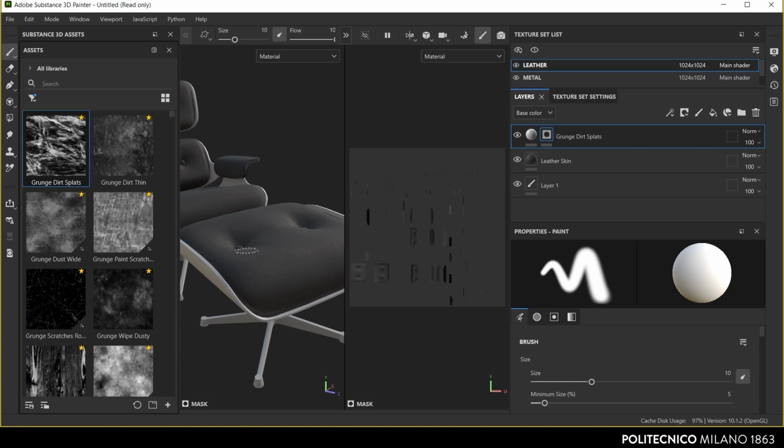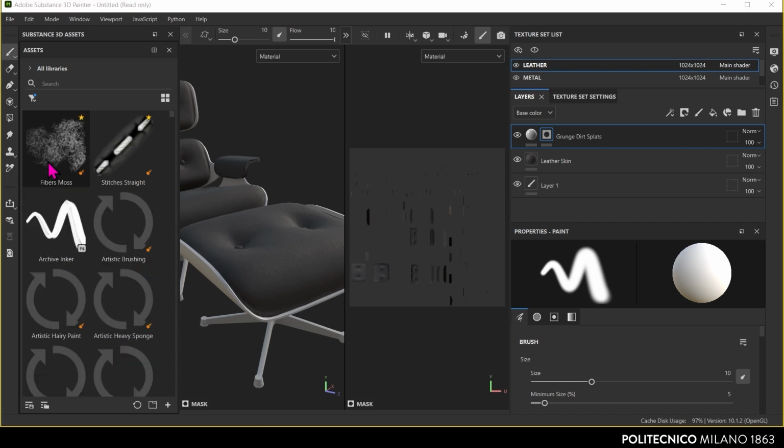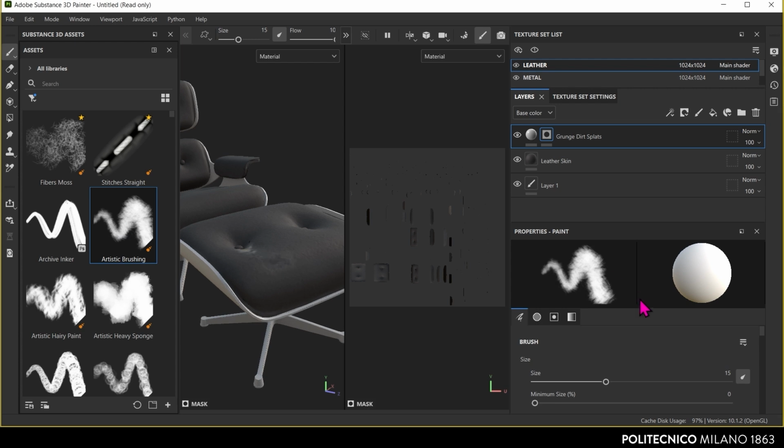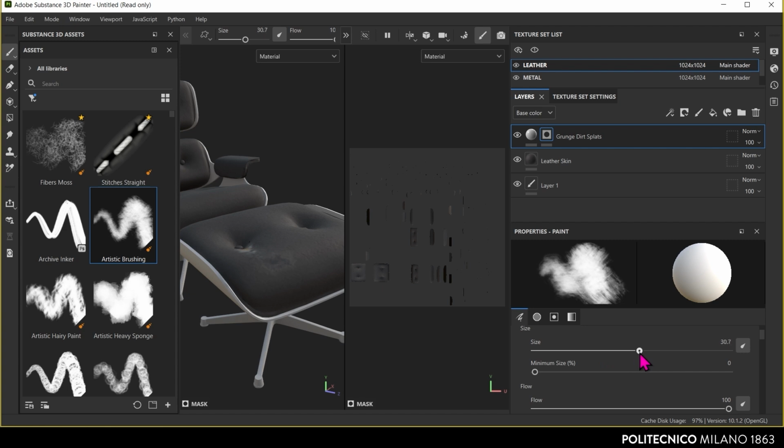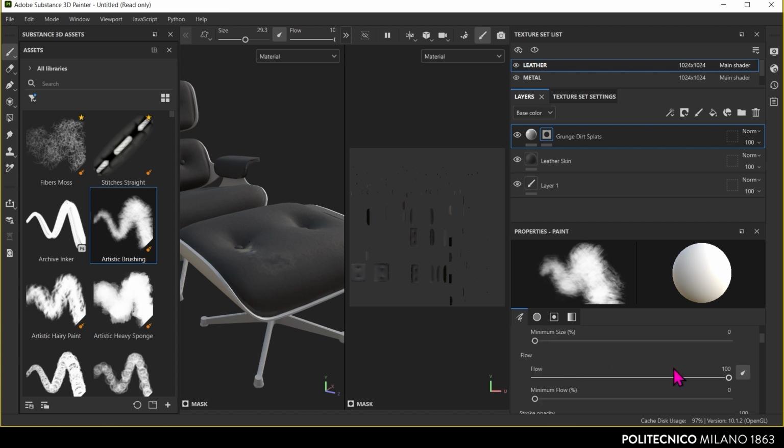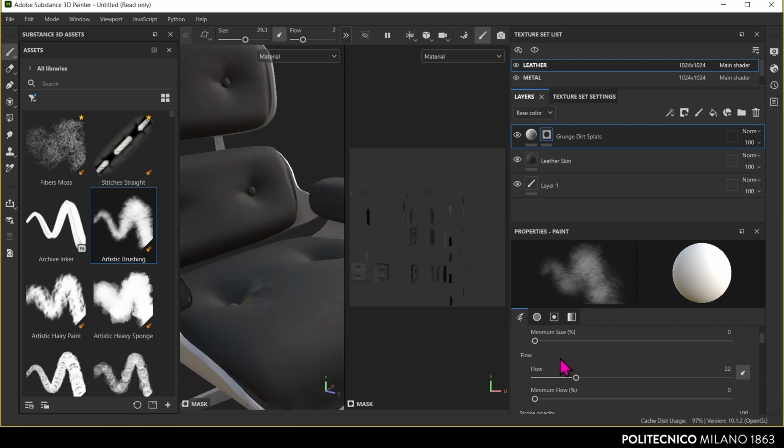To use the brush tool, first select it from the toolbar. Once selected, adjust the size and flow of the brush in the brush settings panel. The flow setting controls the intensity of the stroke, allowing us to build the effect gradually. The opacity setting adjusts how transparent or visible the glossy effect will be.